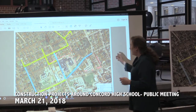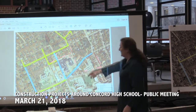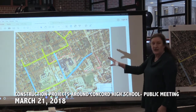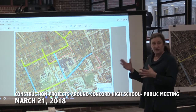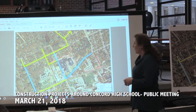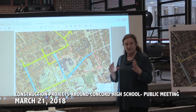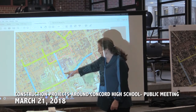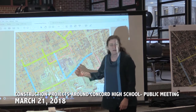So, next we're gonna move to North Fruit Street. North Fruit Street has a few less residents in between Woodman and Pleasant Street, but we have a lot of high school activity going on. So the plan to minimize disruption both to the bus traffic and the daycare and the gas station and the residents on the north end is during April vacation, we're gonna have the contractor, if we can work it into the schedule, come out and definitely get this section done here in front of the gas station and the daycare. And then the residential section up here, they're gonna try and get the main done, all the temporary hooked up,